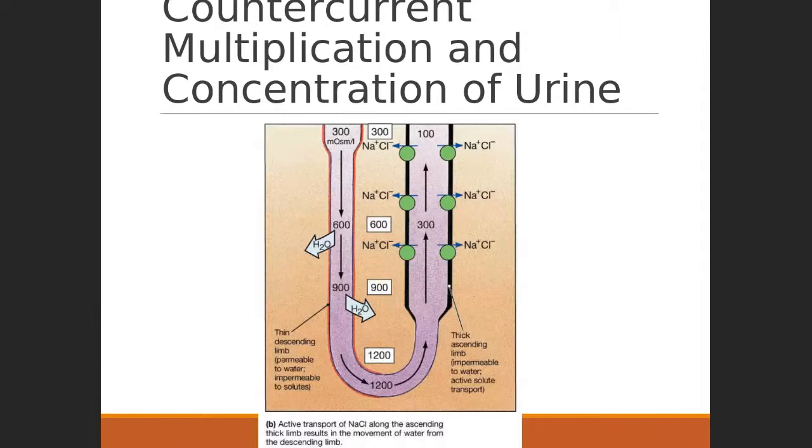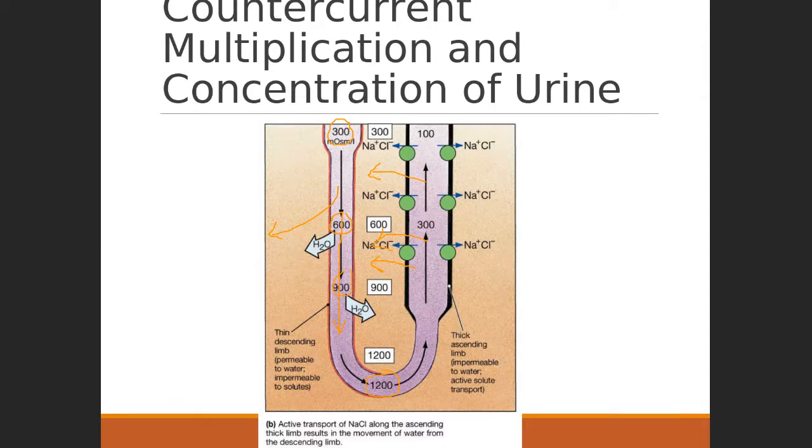you can see that as we lose water from our descending limb, the concentration inside our loop of Henle increases as we approach the apex of that turn. This increasing concentration sets up a scenario where we get a highest possible rate of transport from our ascending limb, creating a greater